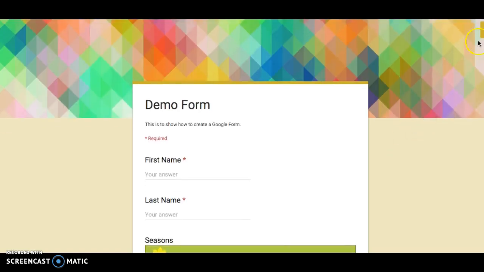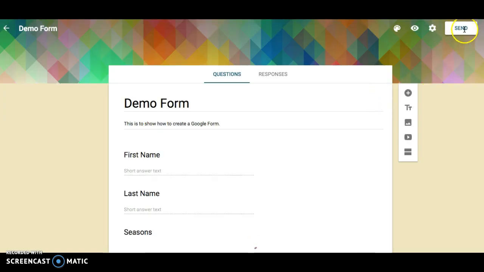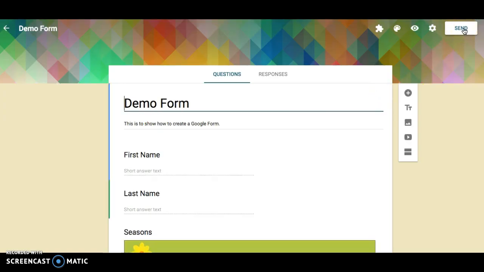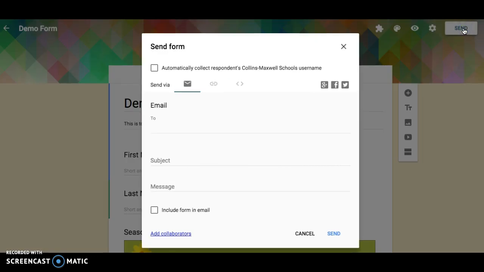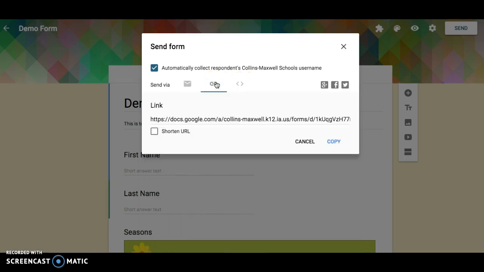Awesome. So I go back to edit, and now I can click on this and I can send this form to my kids. So automatically collect respondents' Collins Maxwell username, and I can send it via email, link, or this button. I would choose link because I would copy this link, so shorten the URL, because this is really long, but if you choose this, it shortens it. I make a copy of it